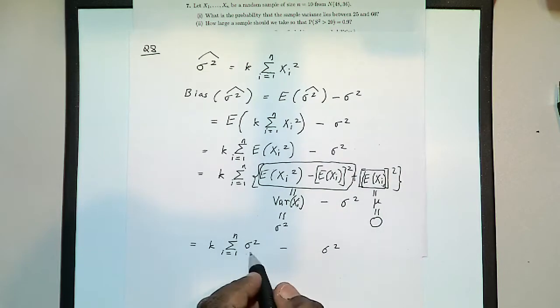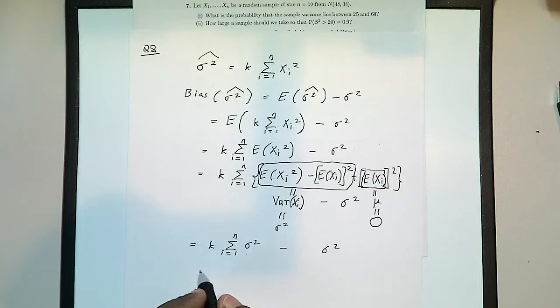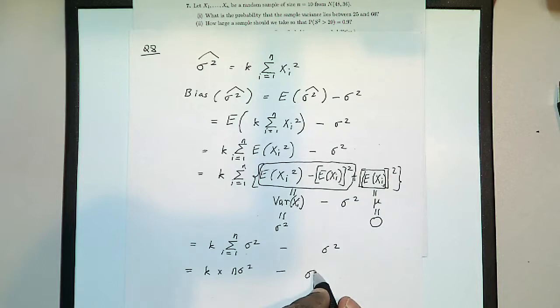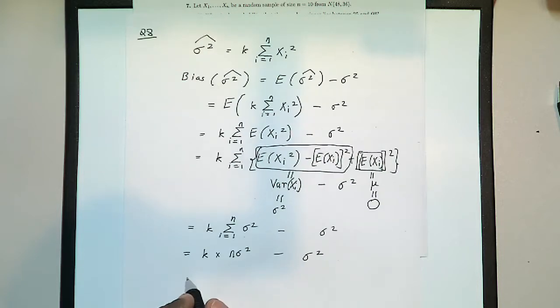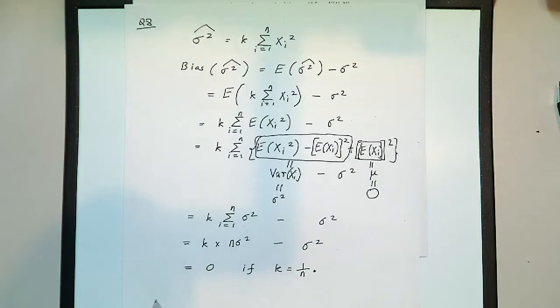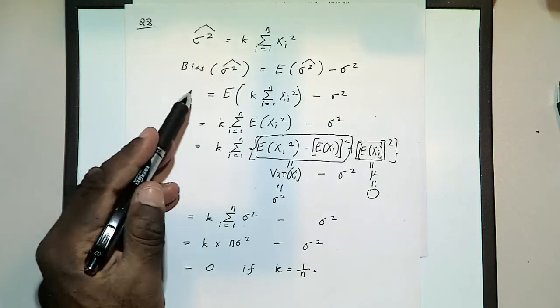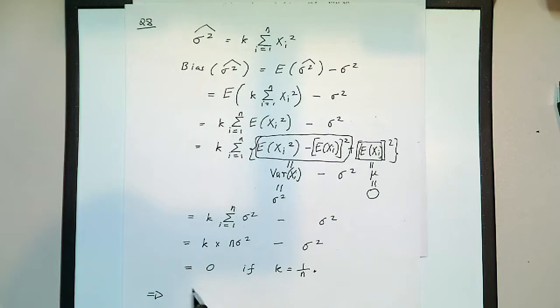Now, sigma squared is I, so this is k times n sigma squared minus sigma squared. And this is equal to 0 if k is equal to 1 over n. Right? So what this implies is that the bias of the estimator is 0 if k is 1 over n. So in other words,